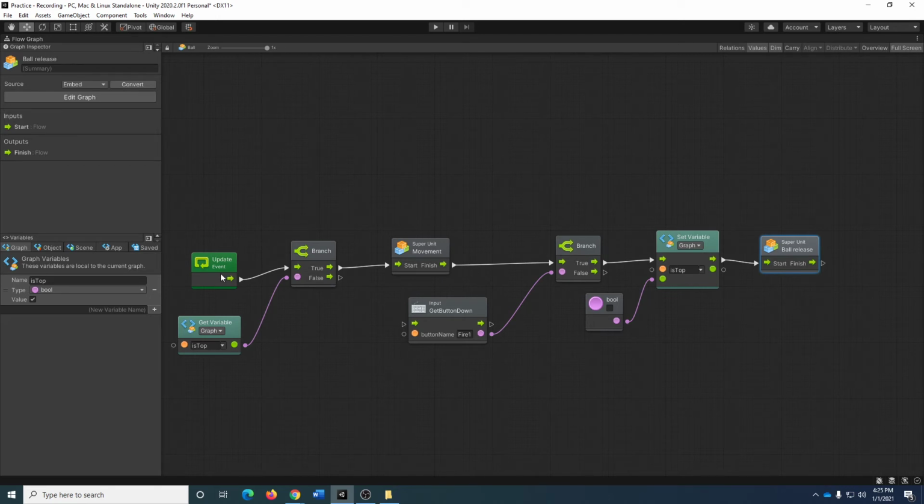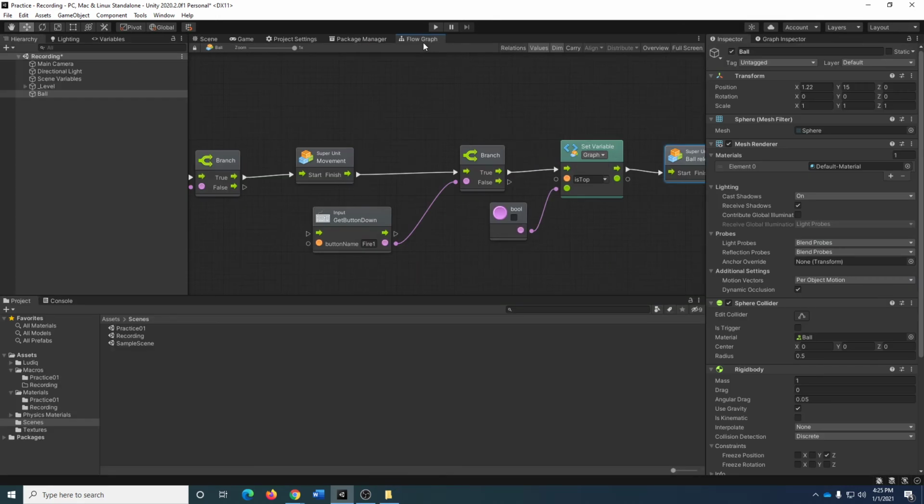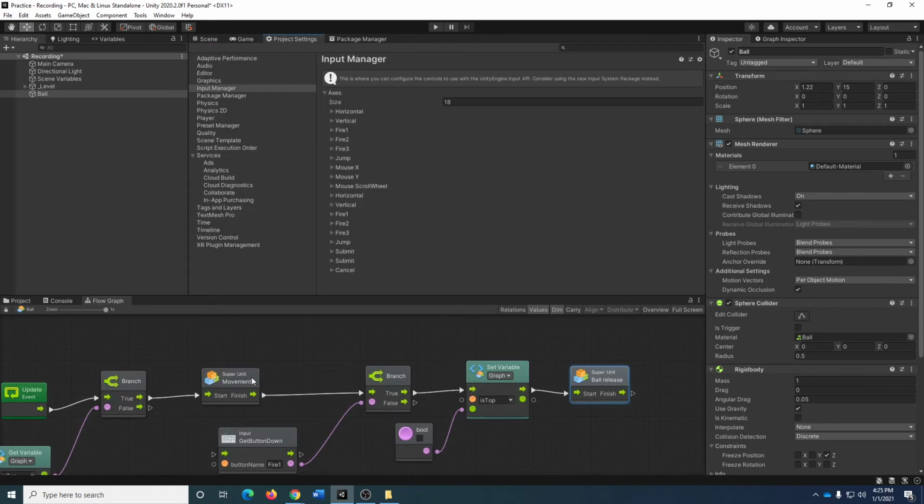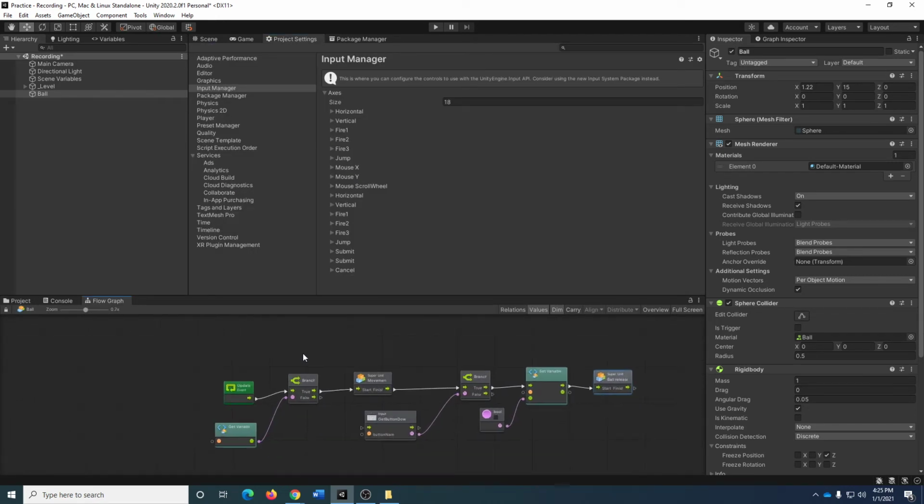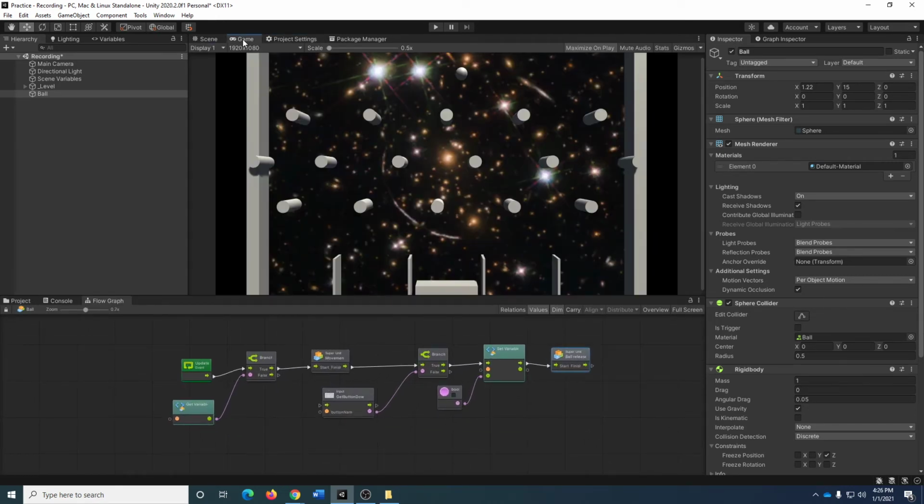And this is enough to test. This is why I like to keep things as functional as I can, because the smaller the unit that you can test, the easier it is to figure out where your mistake is. So I'm going to turn this off of full screen. I'm going to drag my flow graph down here so I can see the pulses. I'm going to make sure that my game is not maximize on play. Hit the play button. Now what I should see